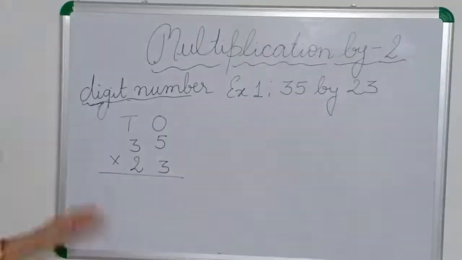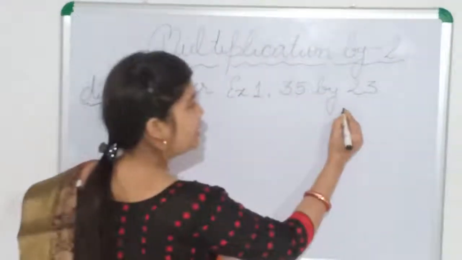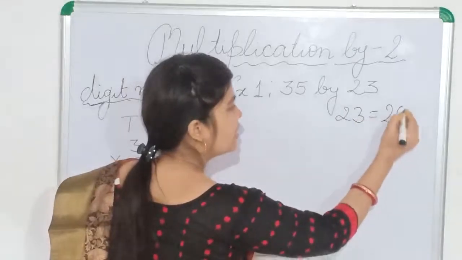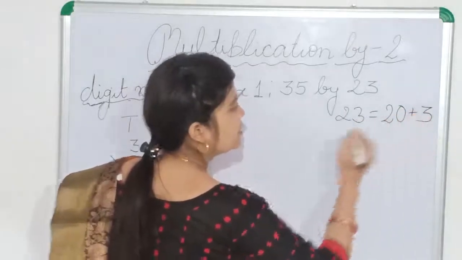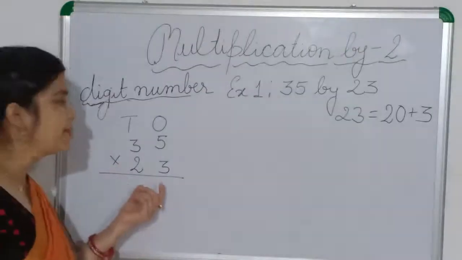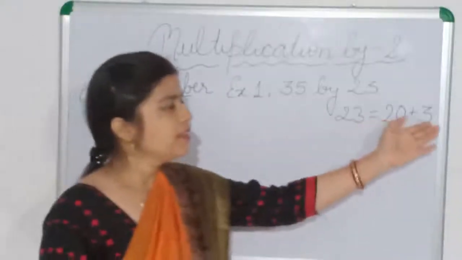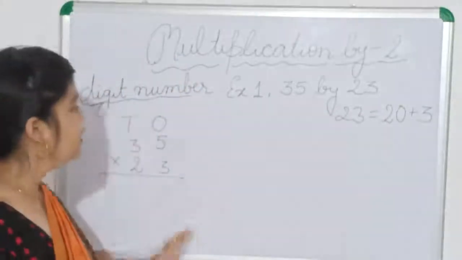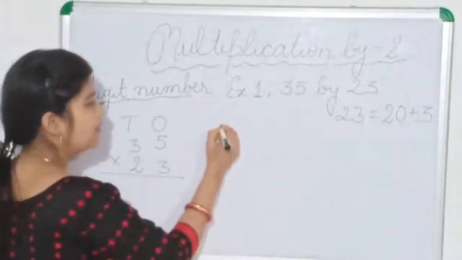Now children, you know what is 23? 23 is nothing, it is 2 tens and 3 ones. So what I will do here, first I will multiply by 3, then I will multiply by 20. So I will show you in two steps, okay? First step,